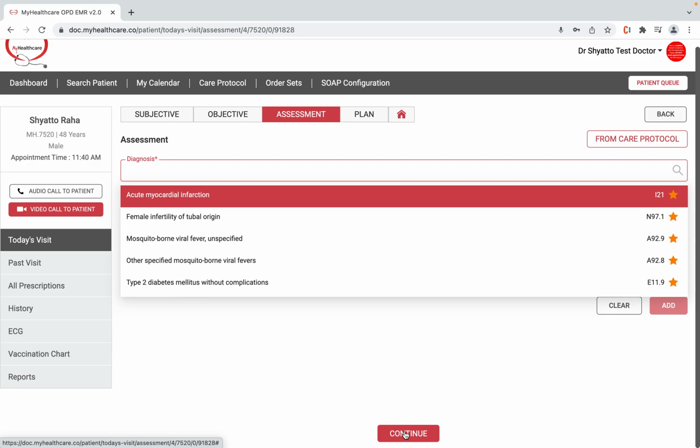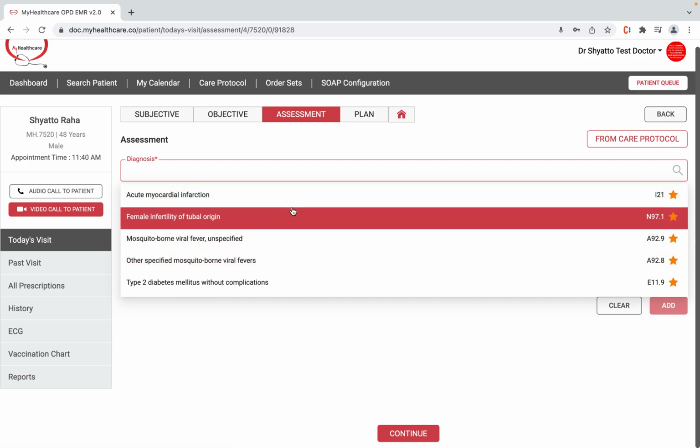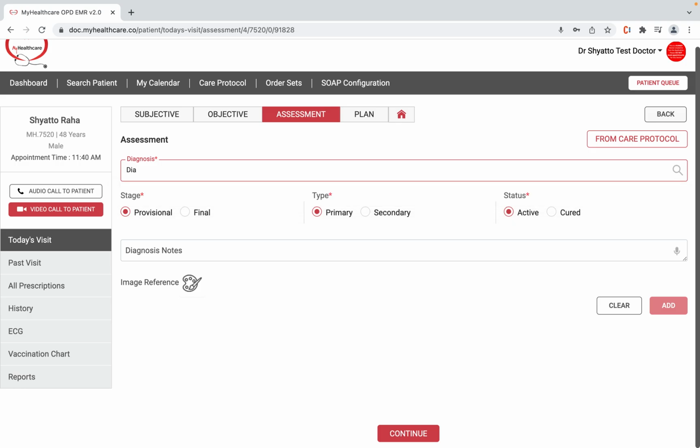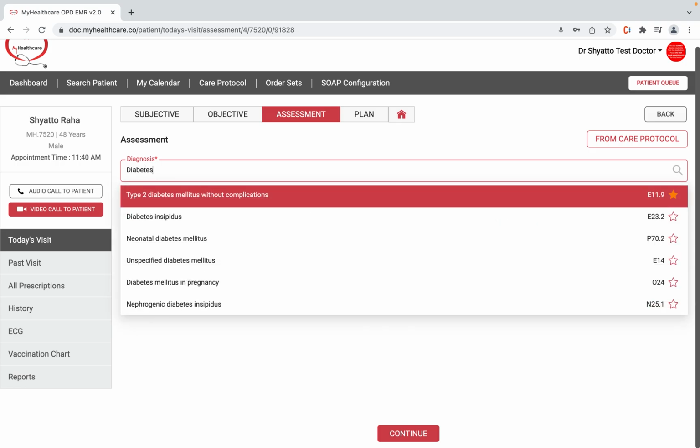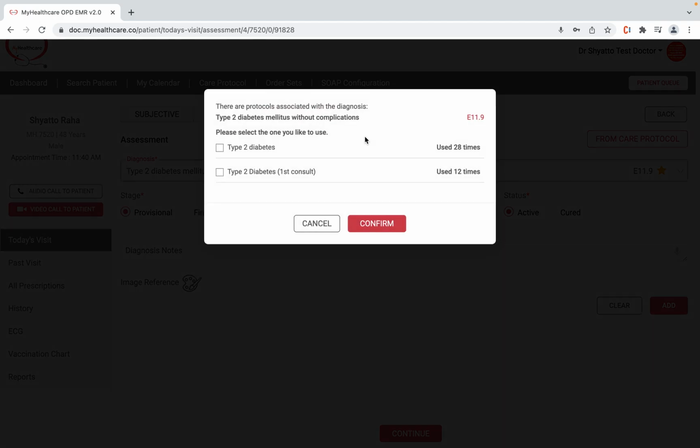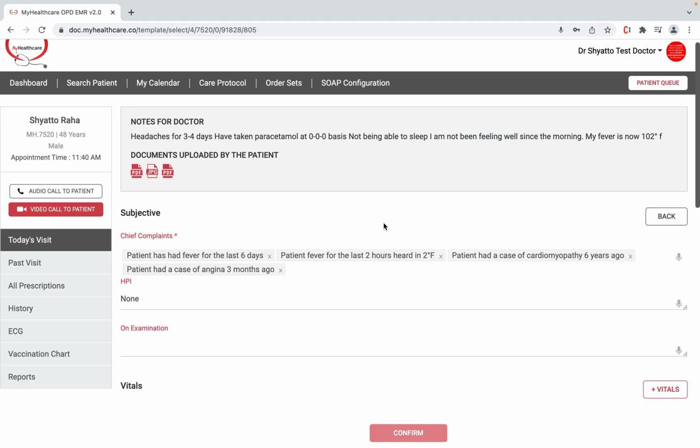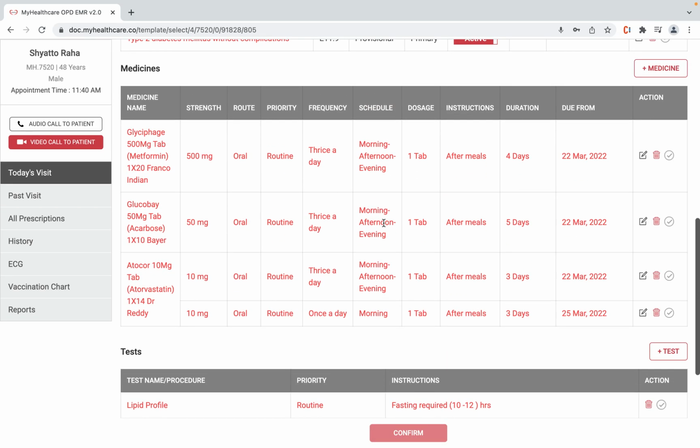Now here, once you are ready to diagnose the patient, you may go ahead and choose. And for each doctor, we will also be working with your team to set up your care protocols. So as you put in your diagnosis, it will automatically identify if you have any care protocols. When you select it, you bring in the care protocols which are made available to you. By clicking on the confirm button, it will bring all the care protocols associated with that particular diagnosis into your